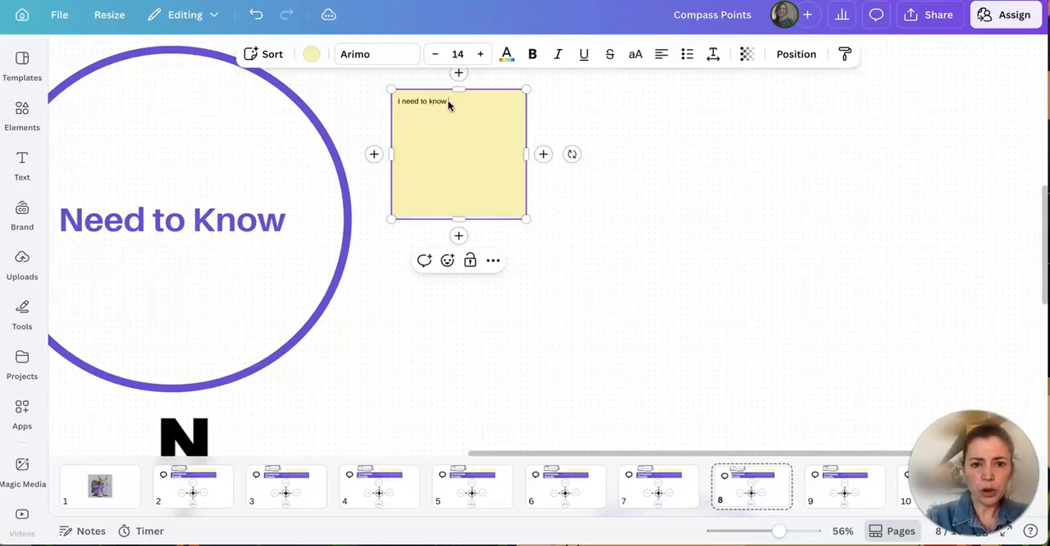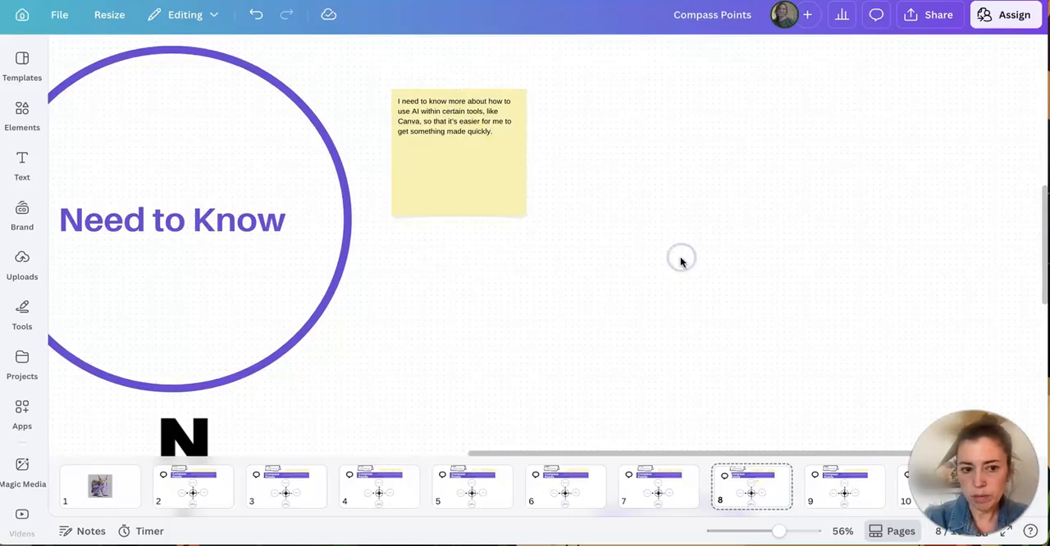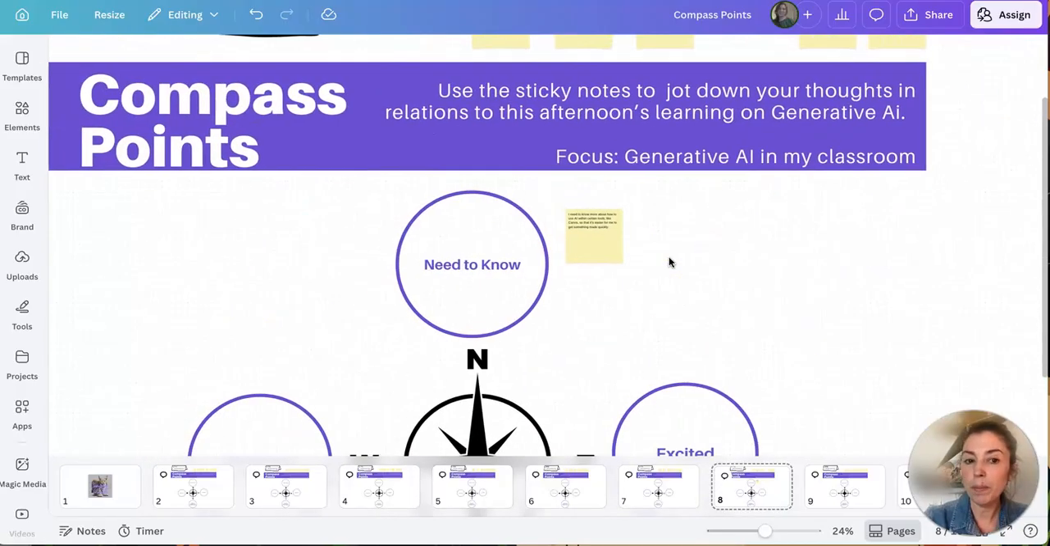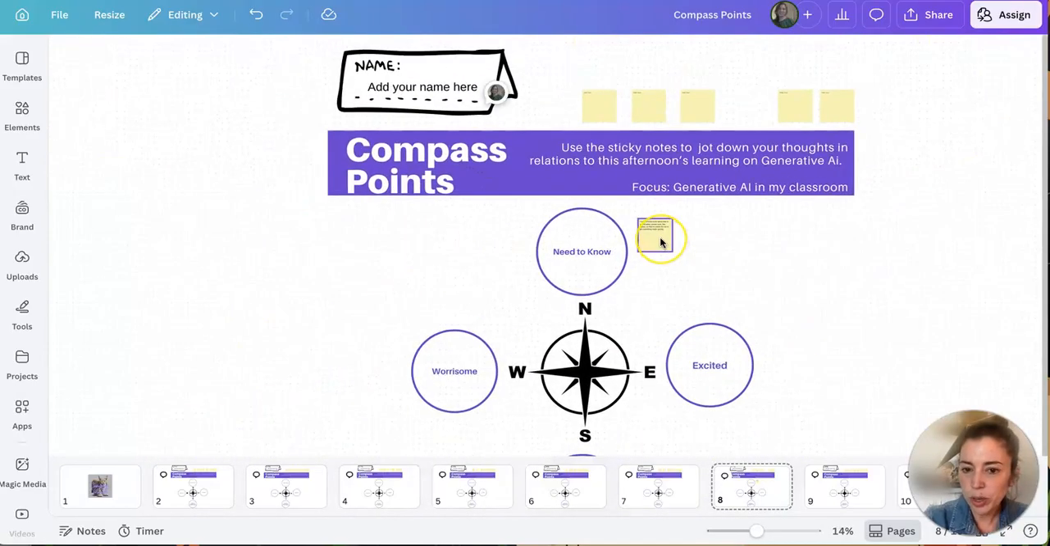I need to know more about how to use AI within certain tools like Canva so that it's easier for me to get something made quickly and so on, okay? But what I love about Canva is this ability to move around, and then as people are hopping on and working together, you can actually see who's doing what. It's so cool. It shows their names as people are moving stuff around and as people are typing,